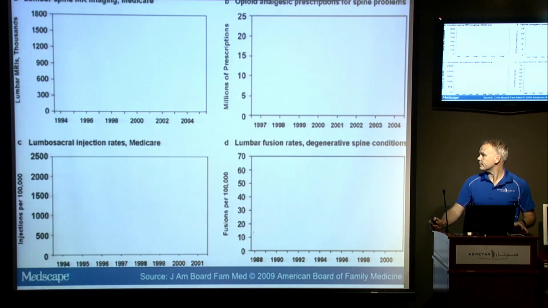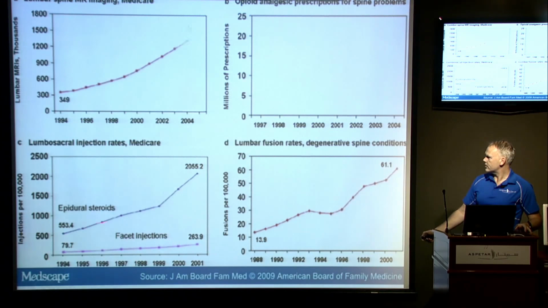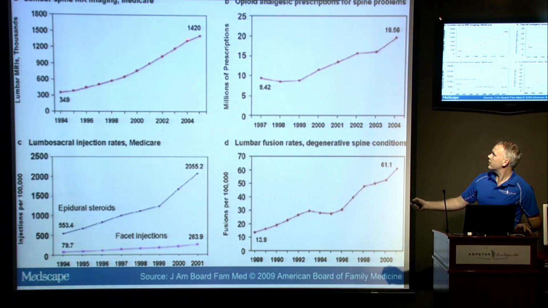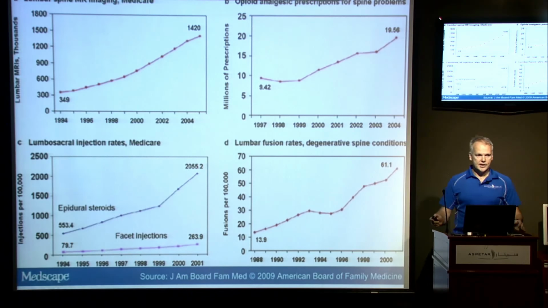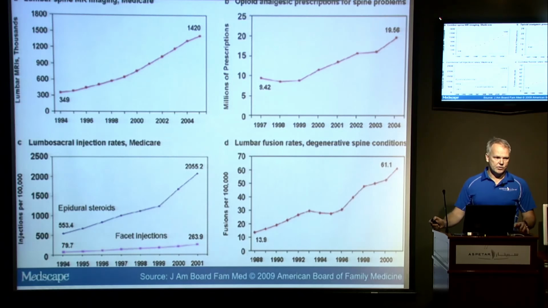So these chronic pains, as I was saying, were increasing despite the fact we were doing more surgeries, we were doing more injections, we were getting more imaging, and we were administering more analgesics. And what I hope to get across to you by the end of it is, at least in part, that the reason the burden of this disability was happening is because we were doing all of these things, none of which relate to the actual pathology itself.